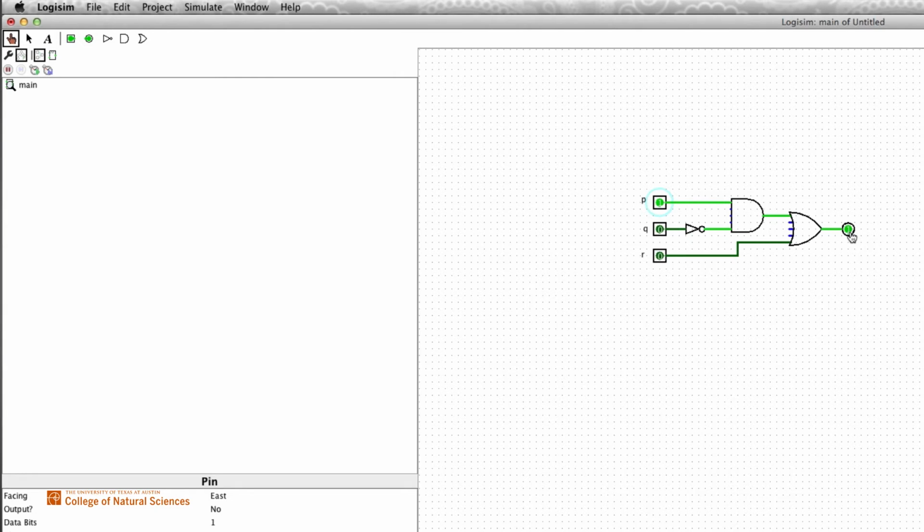So now you see the output has a 1 in it, indicating a true. We can toggle some other things. For example, let's change Q to a true, but now we have not Q, which is false, so coming out of the AND gate is a false. So the 2 inputs to the OR gate are false and false, therefore the entire output of the system will